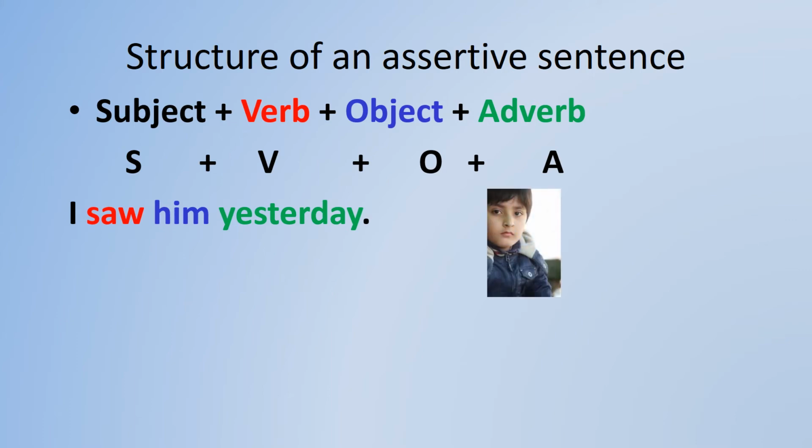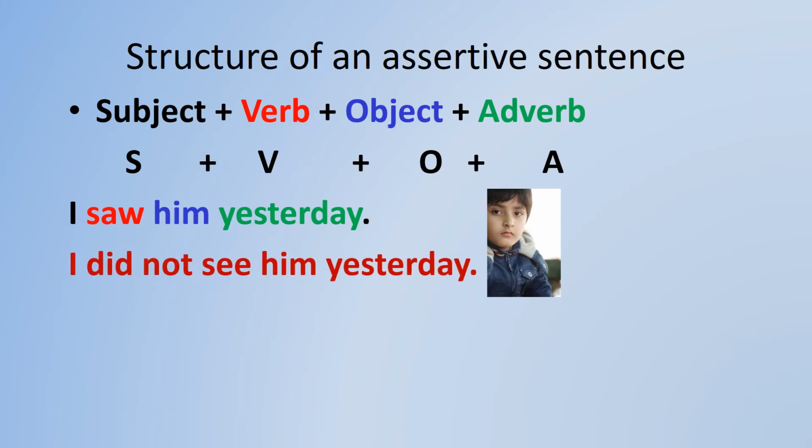Now, when we want to make a negative of this type of sentence where we don't have an auxiliary, we see the verb first. The verb here is saw. That is the V2 form. So what we will do is we take out the do form from it. Since it is past tense, it becomes did. It will be I did not see him